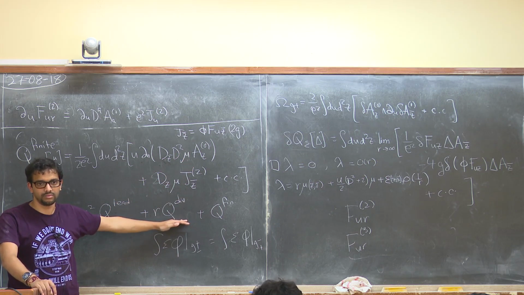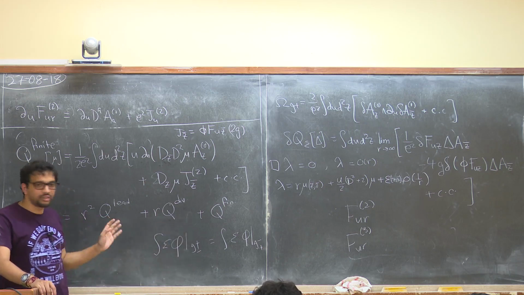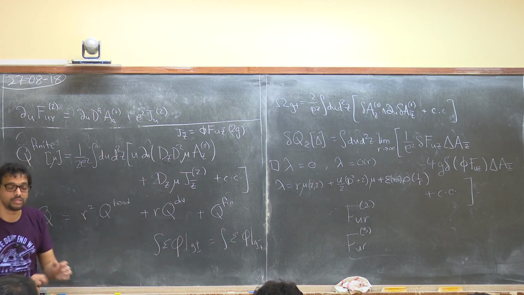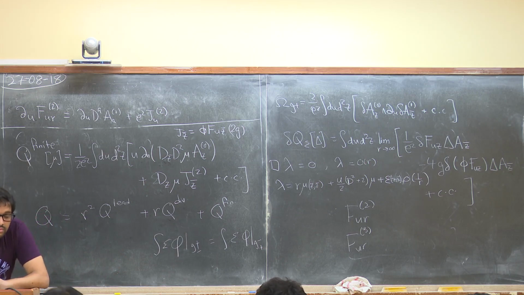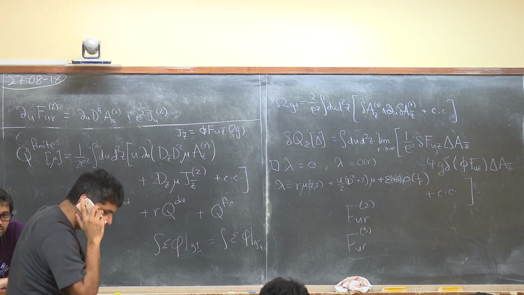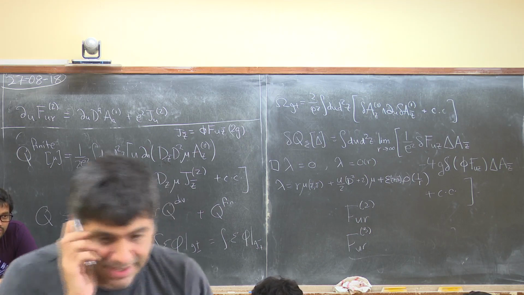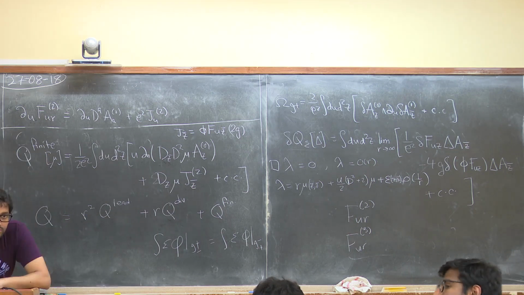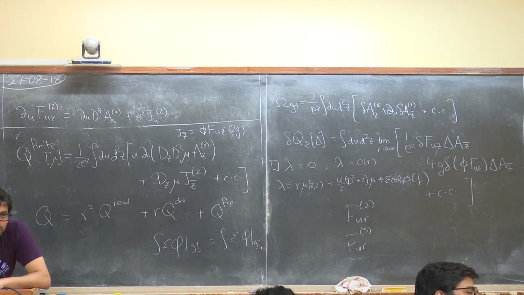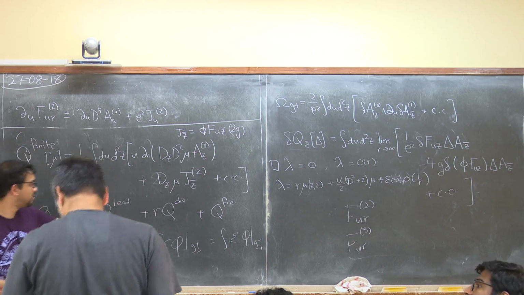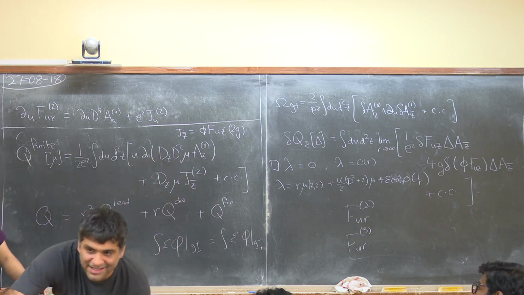Why should it commute with the S matrix? I mean, if you want a finite Ward identity. No, what I am saying is, I asked this question. Could it be that this does not annihilate the S matrix but transforms the S matrix in some way? No, but then that's still not good. I want to kill off this divergent piece, right? I want to have a finite Ward identity.